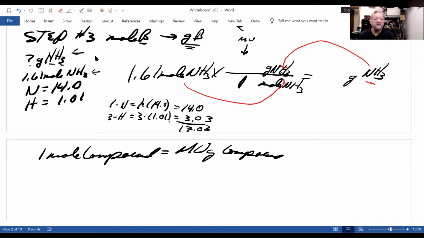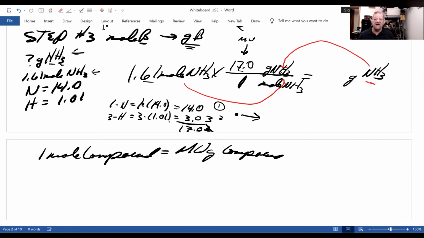Remember, when you add, you get the same number of significant figures to the right of the decimal point as the number that has the fewest. This has 1, this has 2, which is the lower number. Hopefully you pick 1. Keep the 0. Use the 3 to round off. It's 4 or less. So the correct answer, 17.0. Notice 3 significant, 3. Dr. White gets in that rut sometimes.